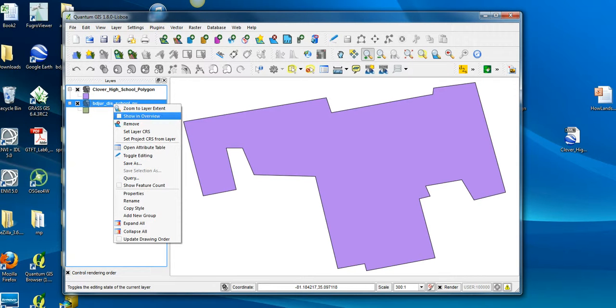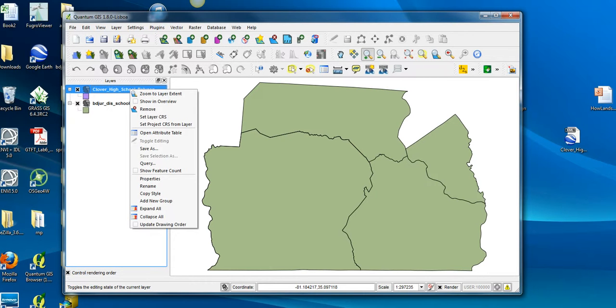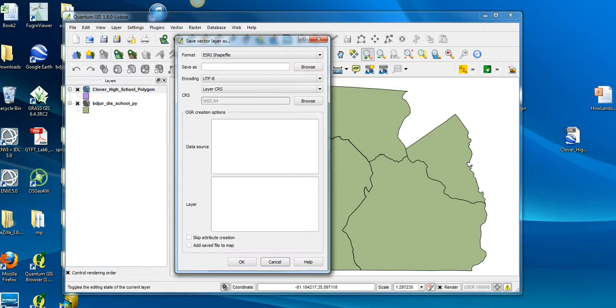So what I need to do is create a new layer of my high school polygon that's in the same projection as my school district. This is something you would need to do with your data before you give it to your students. You would want to give them a folder with all of the data in the same projected coordinate system. To do that, I'm going to right-click Cloverdale High School KML, and choose Save As,